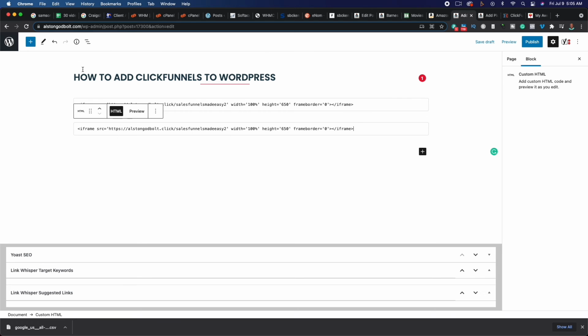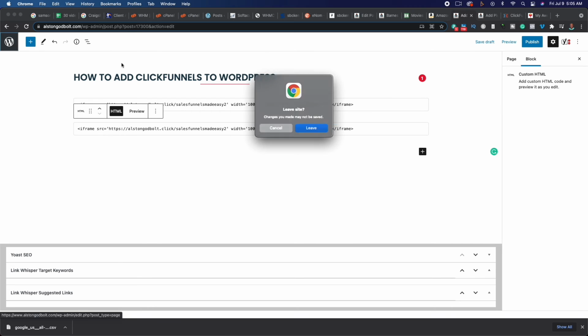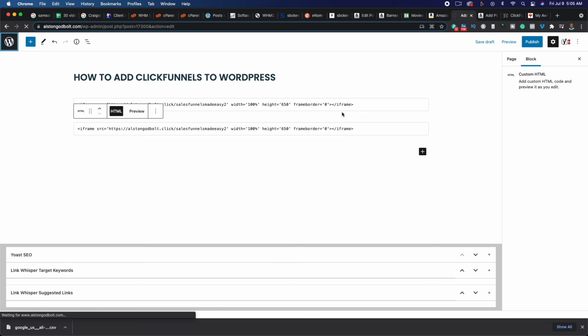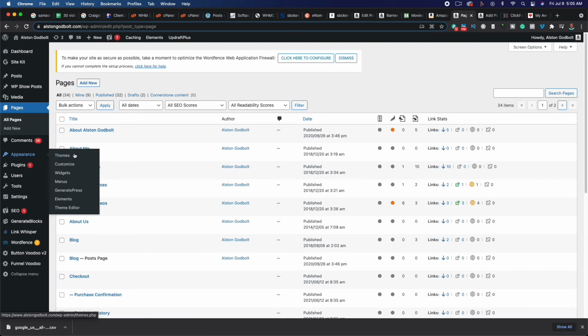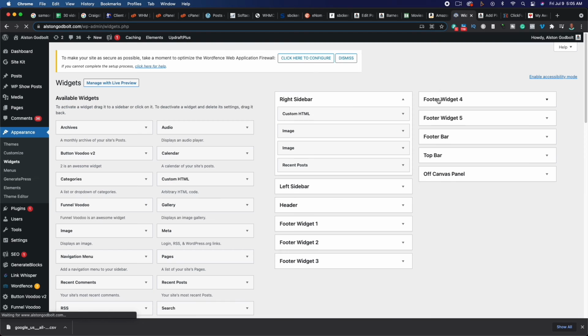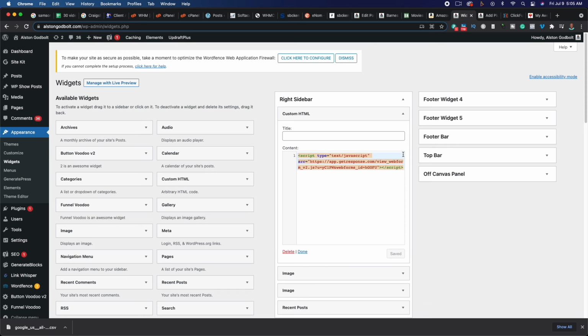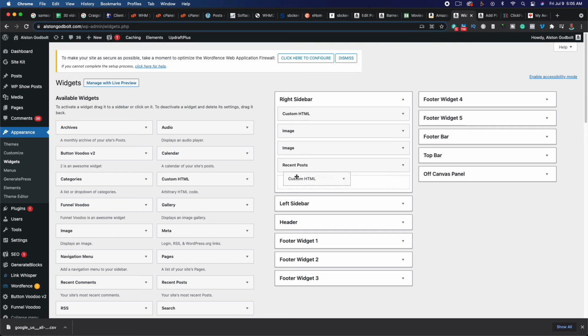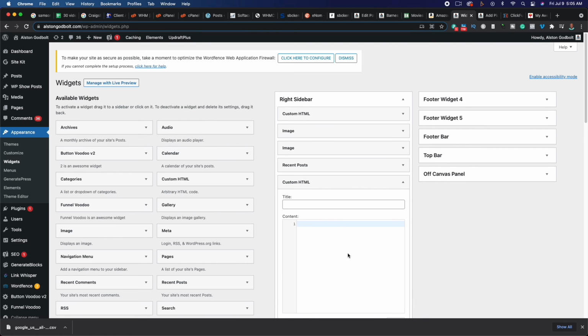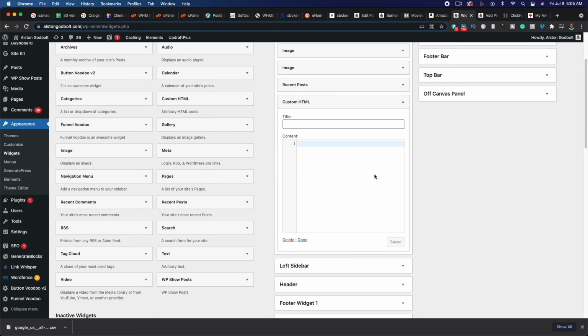Now you can also do this if you have a widget that you want to add. So if we go back over here, I'm going to click on the WordPress logo. Yes, I want to leave. I'm going to go to appearance, go down to widgets, and as you can see, I have a custom HTML here. I can add in another custom HTML. I'm just going to drag this over to show you. This is going to show up on the right bar, and I'm going to paste this in once again. And when I click save,